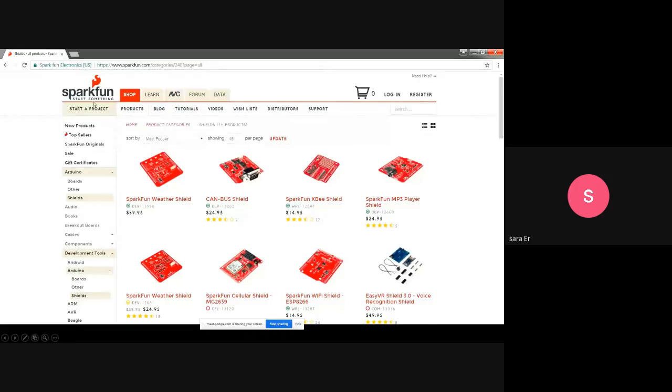Here is another company, SparkFun. SparkFun produces several different boards, all of them in red, for example for weather, cell phone connection, MP3 connection, or Wi-Fi shield.